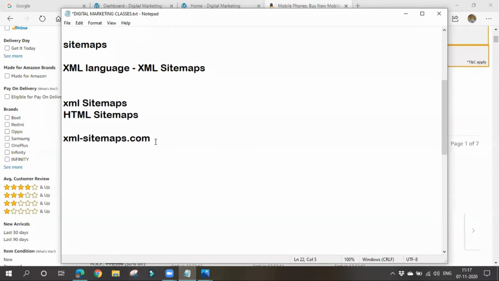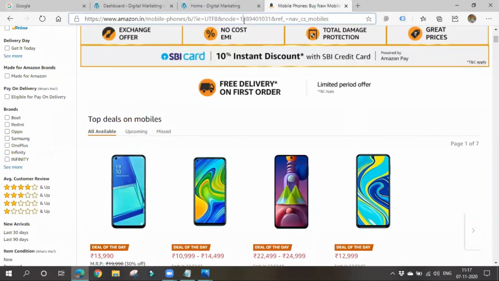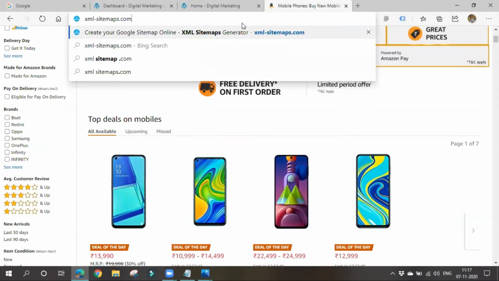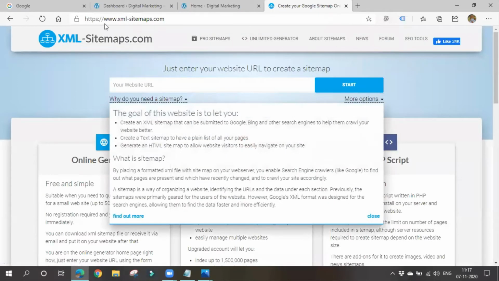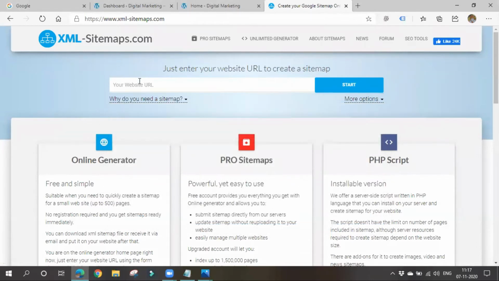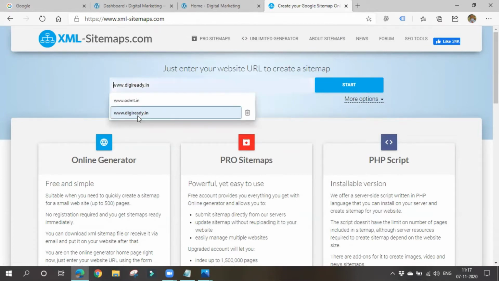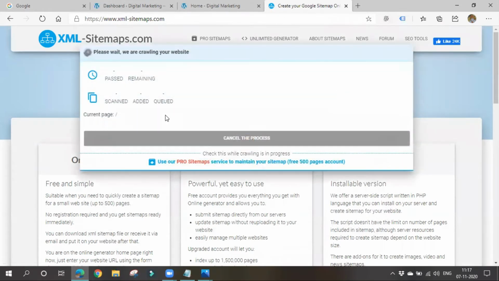You can opt for whichever one you want, or whichever you find easy. You have to go here. This is the site. There you have to place the URL of the website for which you want to develop a sitemap. So I'll give this URL here. Click on start.